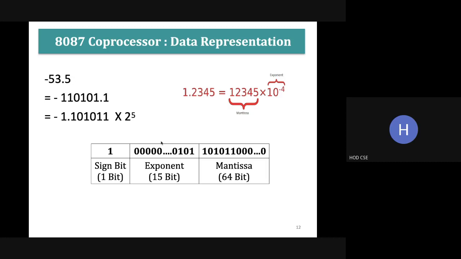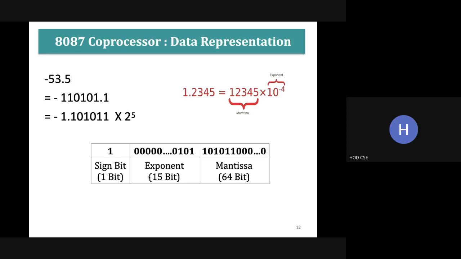The binary value of 5 is 1, 0, 1, loaded at the right side, and all the remaining bits will be 0. That gives us the exponent part. Next, the mantissa part is 1, 0, 1, 0, 1, 1, and the remaining right side bits will all be 0.